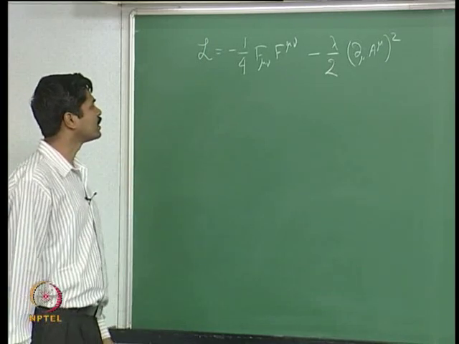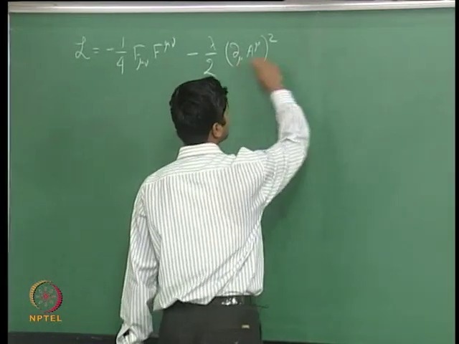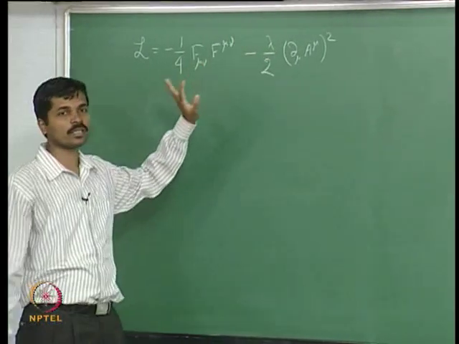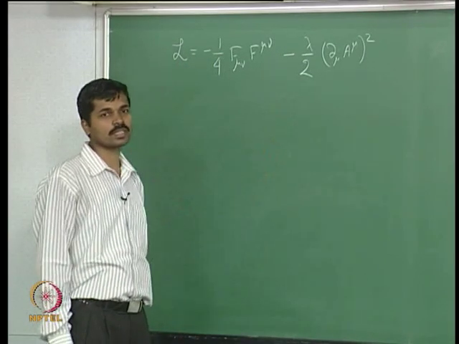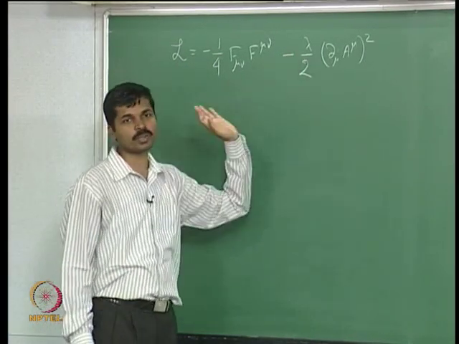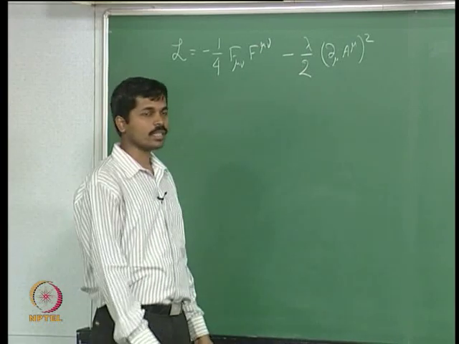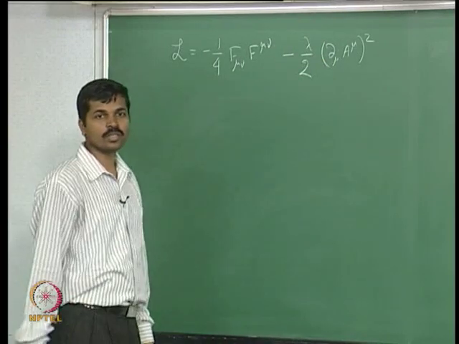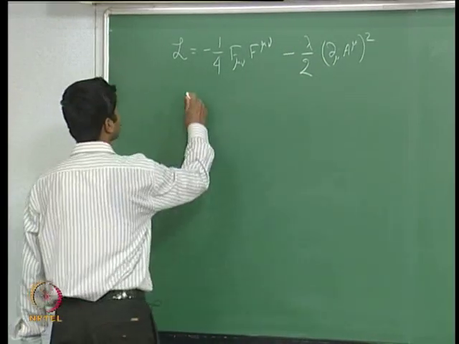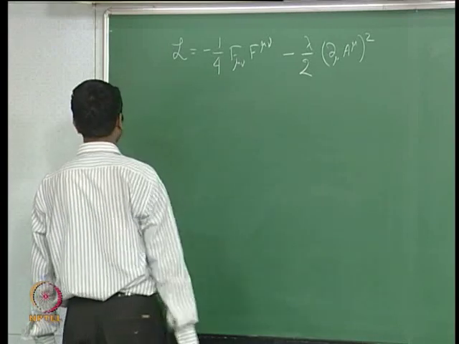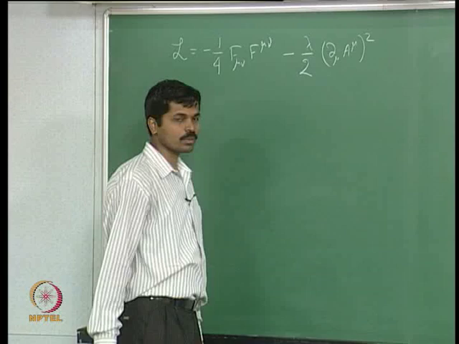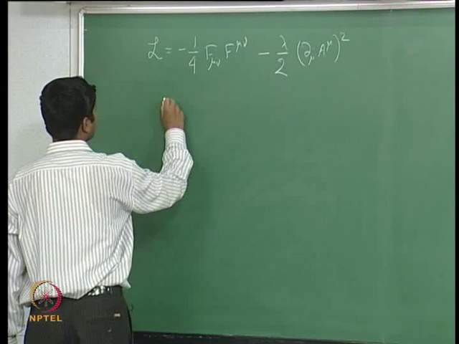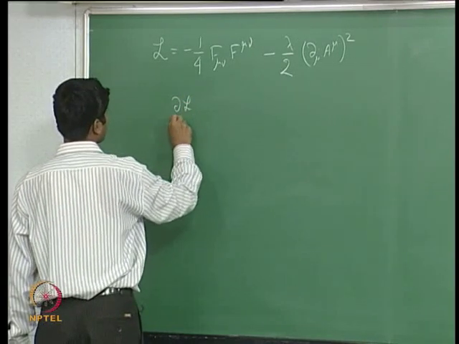So the Feynman gauge in this notation corresponds to lambda equal to 1. Although you can consider this for any general lambda, we will fix lambda to be a specific value and we will quantize. You can consider lambda to be any arbitrary number and then you can quantize it. Nothing will change. So, according to yesterday's notation, it will be lambda equal to half, which is the gauge that we will be working with. The equation of motion is given by